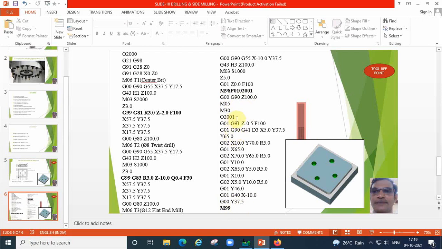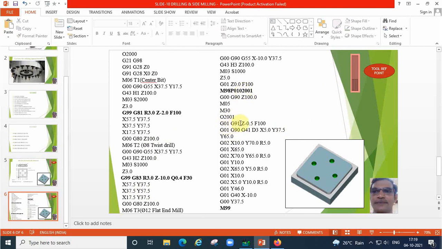Now we will see the subprogram. Initially the tool is here. For example, consider this is spot drilling tool. Sorry, end mill cutter. We have covered both the drilling cycles, and now we are doing the end milling operation. Start with the capital letter O, following the same subprogram number, G01.